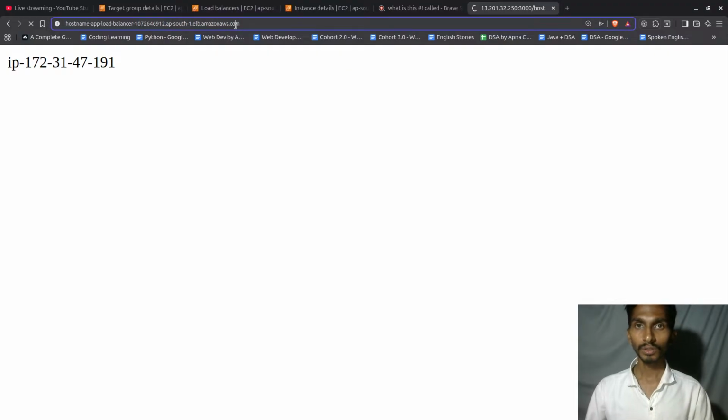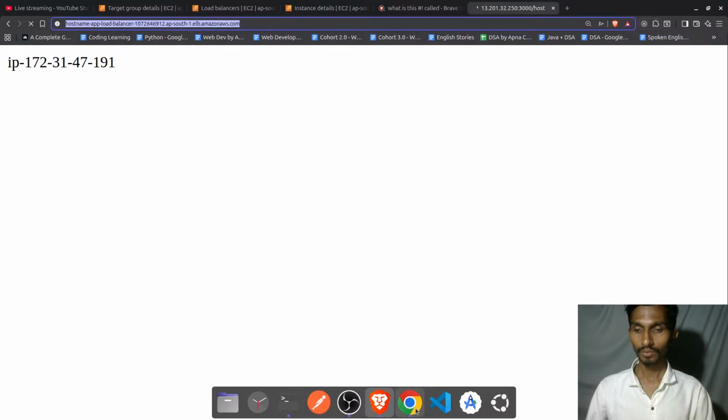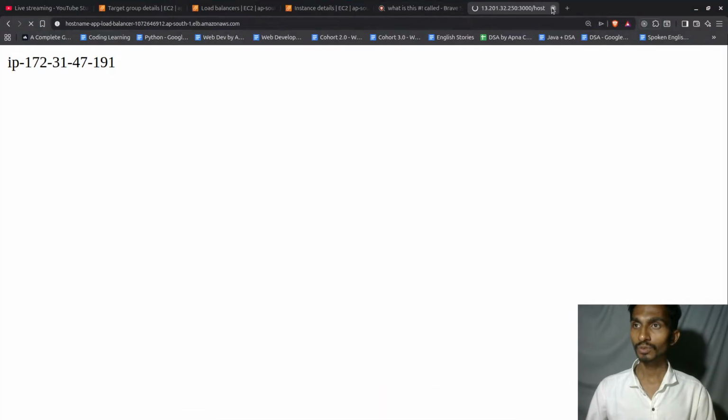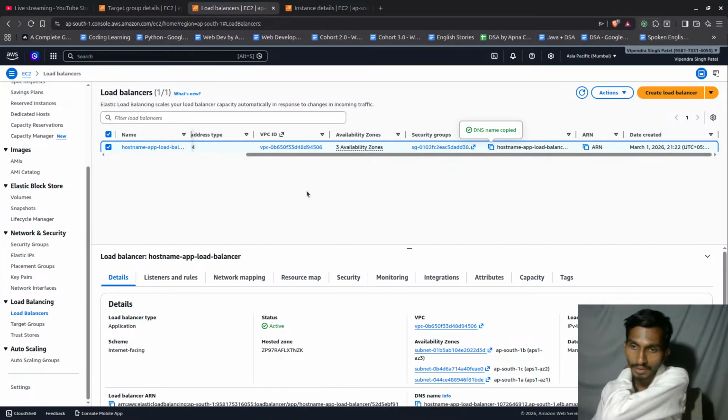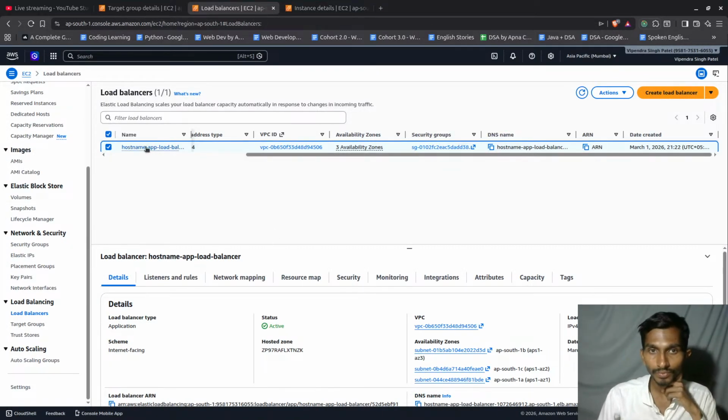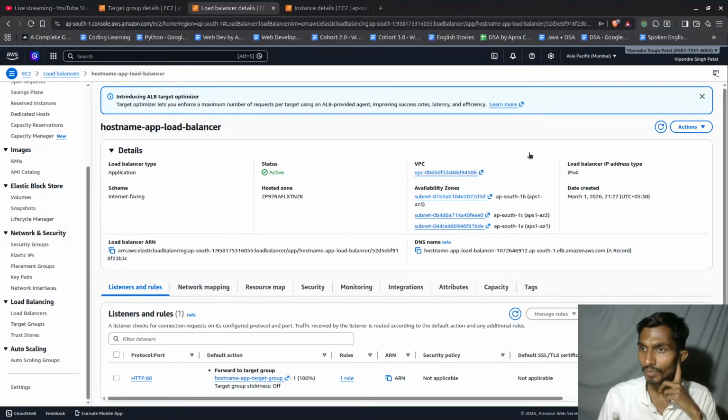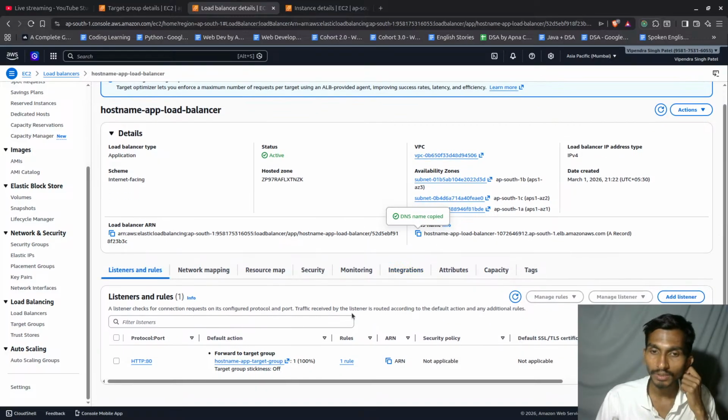Why is this not working? Everything is fine. Even they are spinned up, so they are working fine. I've even checked them separately. Once they are actually checked, I can just simply click on this load balancer, and this is the DNS that I'm getting. And once I have this particular DNS,